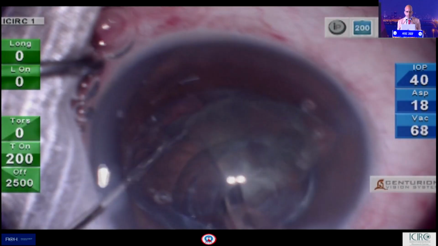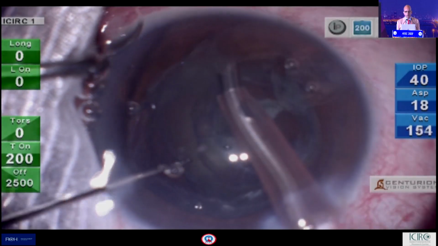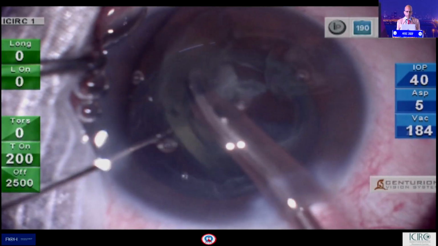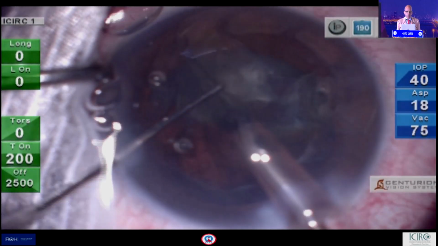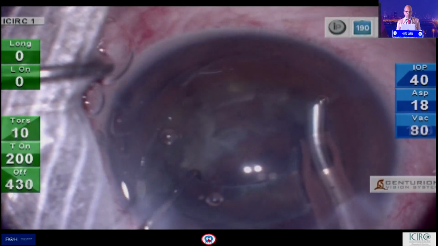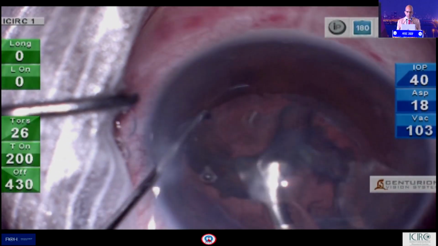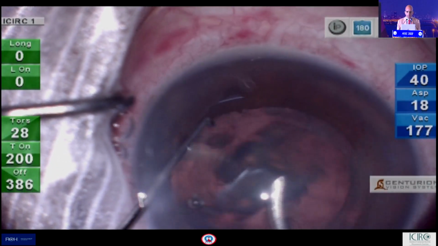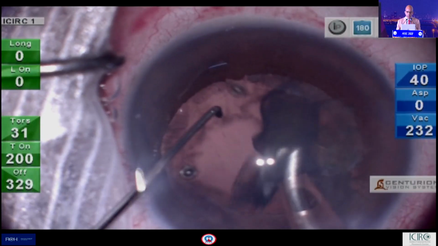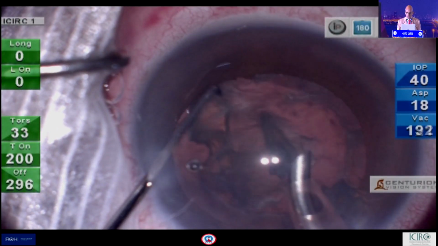Notice how slowly we are doing this. We need to be very patient about it, be conscious of the chamber stability, and lower the flow rate and vacuum if you are scared when the posterior capsule keeps glaring at you. So take your time, but make sure that you remove it at the right plane. I'm keeping my bevel facing sideways and also to the posterior capsule because I want to avoid the impact on